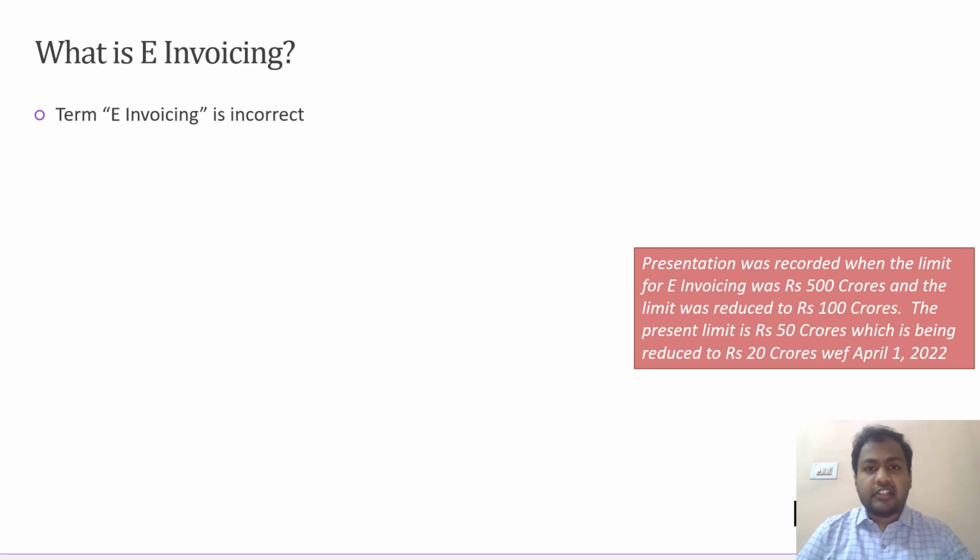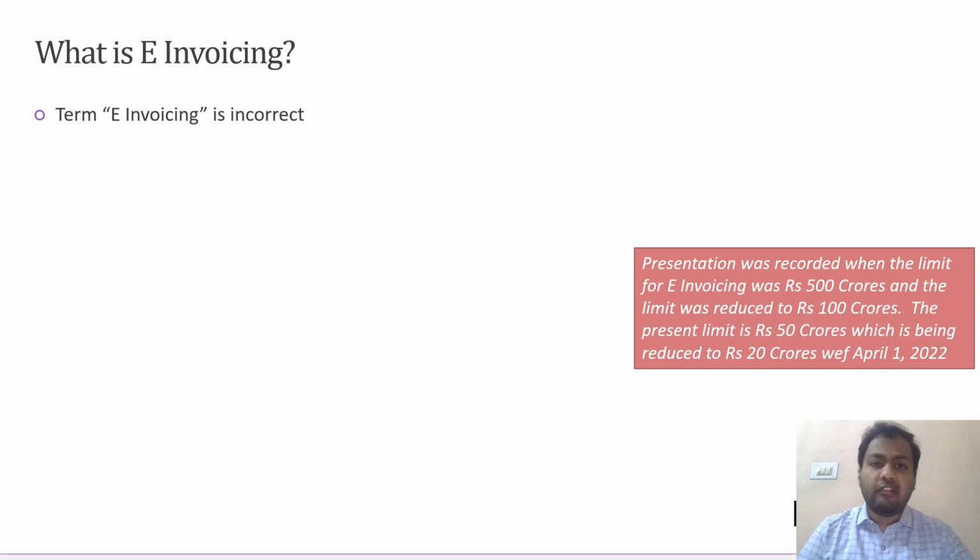Second, there is a general misconception that when we talk about e-invoicing, the government wants us to go to the GST portal or to some other portal, give all the information of our invoice and generate the invoice from the government portal itself. I would like to clarify here that e-invoicing is none of these. E-invoicing does not merely cover invoices, it covers a lot of other documents relating to GST. And second, e-invoice does not expect us to go to the government portal to generate invoices.